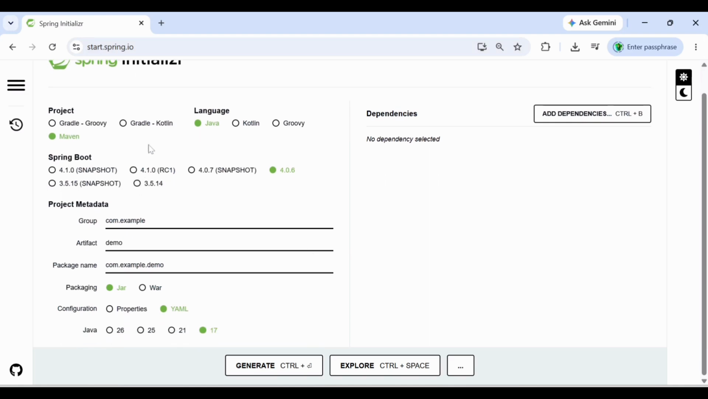You have some basic options like what project you want to create, whether a Maven or a Gradle project, and which language you prefer, Java, Kotlin or Groovy. You can see some of the latest Spring Boot versions here. By default 4.0.6 is selected, so I'll just go with it. You have to give some metadata about the project,